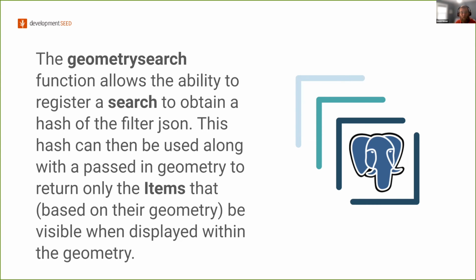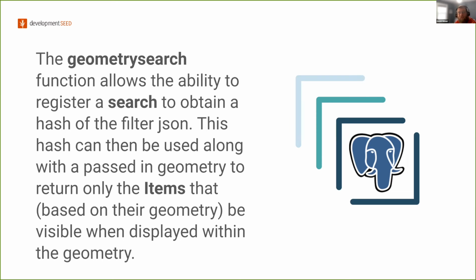So what that means is, if you create a search against a STAC catalog, say you wanted the most recent imagery that had less than 10% cloud cover, and you wanted to show that on a map, show kind of the